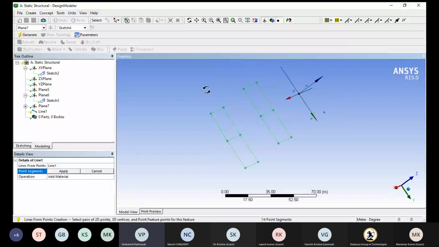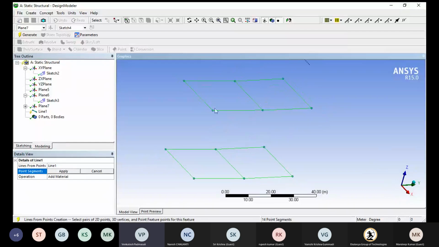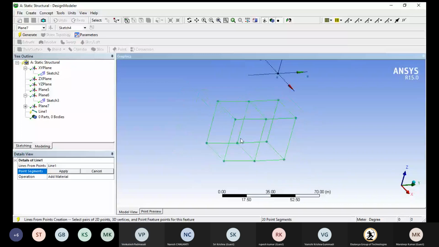This is how we connect. Okay. Again connection, 1, 2, 3, 4. 1, 2, 3, 4. 1, 2, 3, 4.